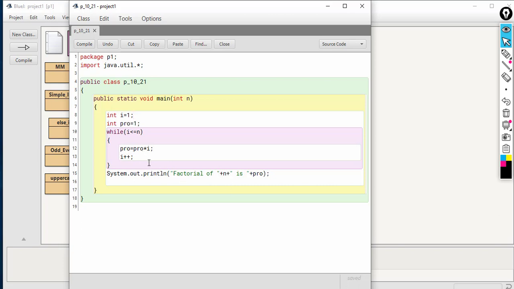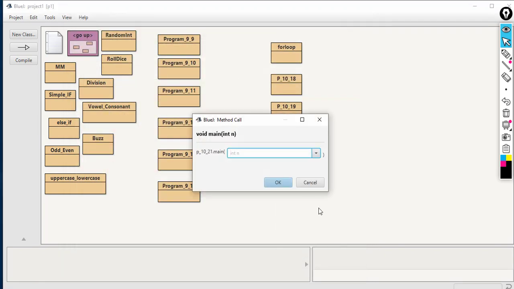After executing this loop completely, which means n times, the variable pro will get the value which is the factorial of n. Then at last, after executing the loop completely, we print the value of pro. So we can just execute this program. We are going to give the value 5.